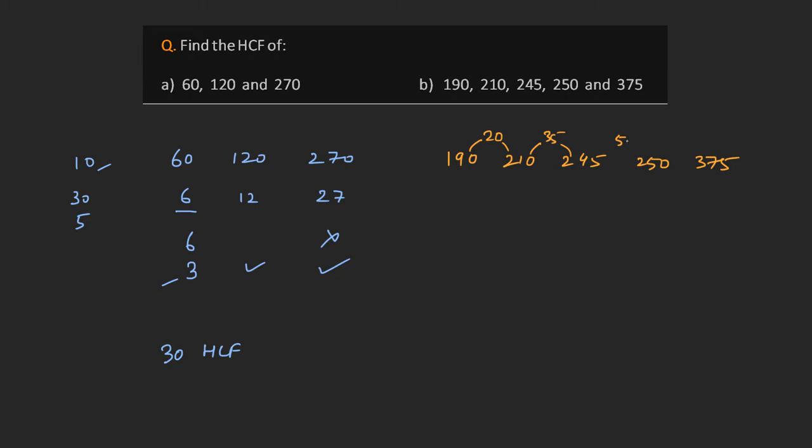Now, as I mentioned earlier, the HCF must be a factor of this difference. So we need not look for the HCF beyond the factors of 5. The greatest factor of 5 that can divide each of these numbers will be the HCF. Now, the greatest factor of 5 would be 5 itself, and it does divide each of these numbers. It's simple. They all end in 5 or 0, and as such, they are all divisible by 5. So, 5 is the HCF.